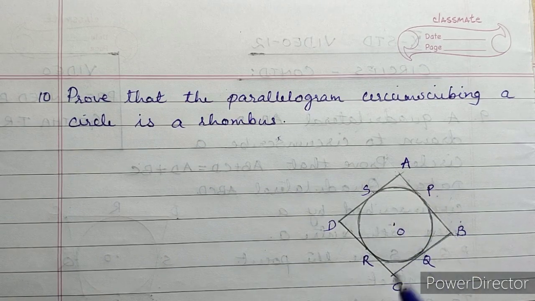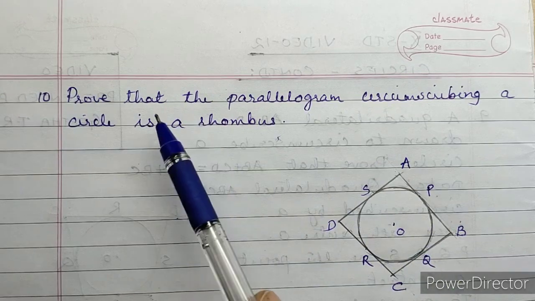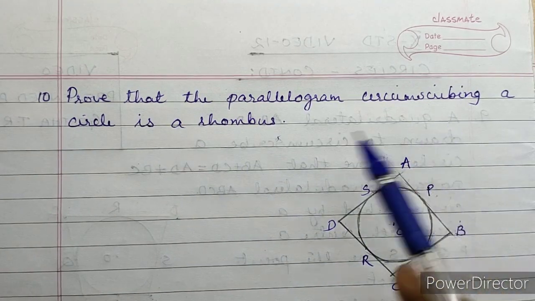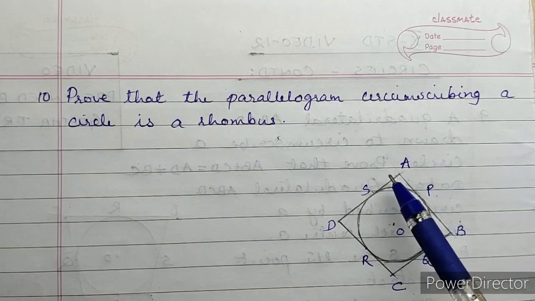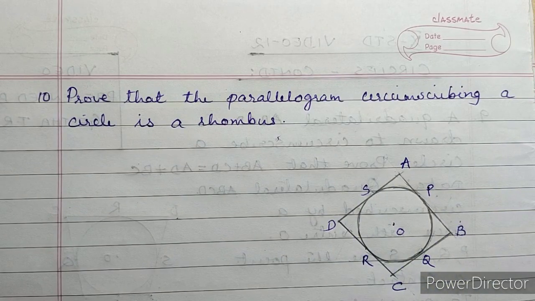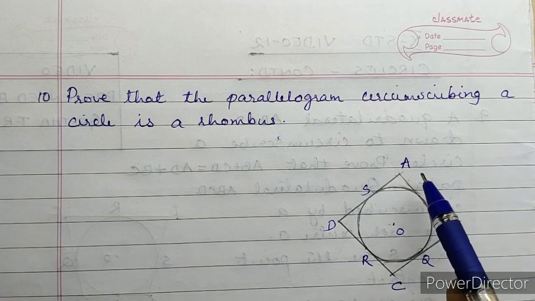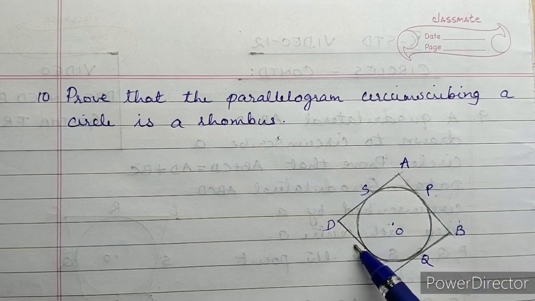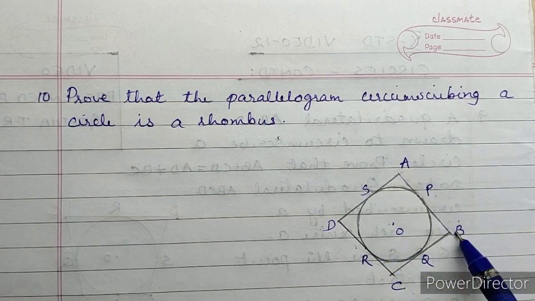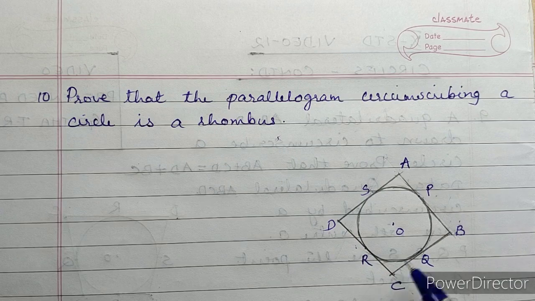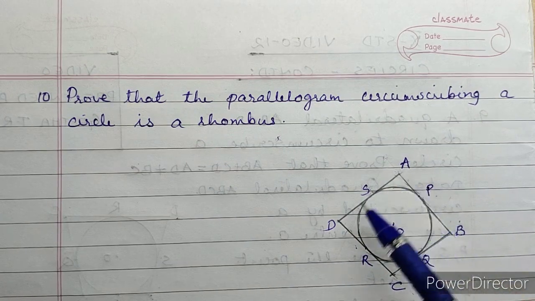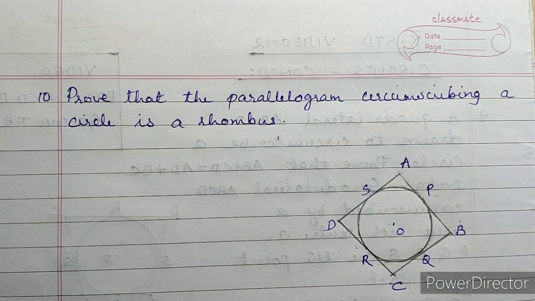In a parallelogram also, opposite sides are equal. Now by the way, what is the difference between a parallelogram and a rhombus? Parallelogram means opposite sides are equal. So it is given that a parallelogram circumscribing a circle is a rhombus. So given it is a parallelogram, you have to prove that it is a rhombus. Now in a parallelogram opposite sides are equal. That means AB is equal to CD and BC is equal to AD. So this much is given. It's a parallelogram, so this much is given.